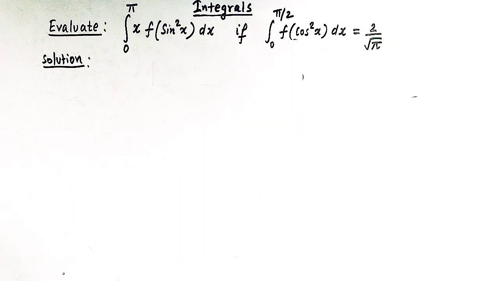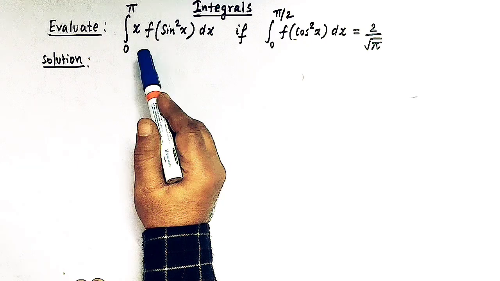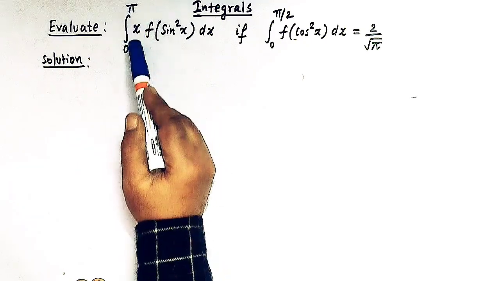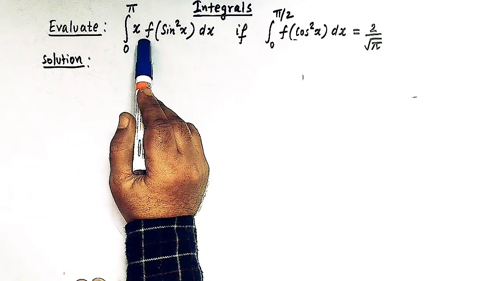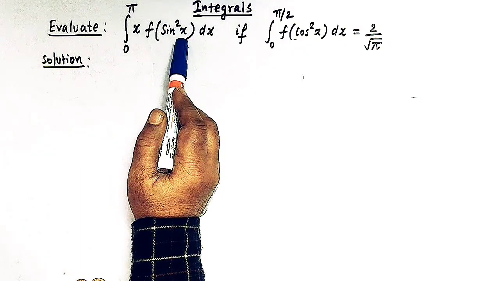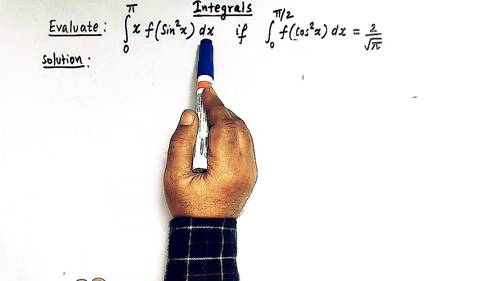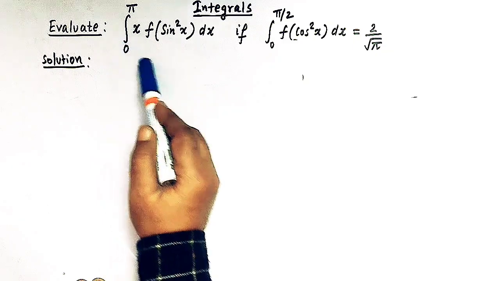Hello viewers, in today's session we are going to discuss another important and conceptual problem from definite integrals, and in this class we are going to discuss this important problem in which we are going to use some important properties of definite integrals. So here we have to evaluate this integral where we have 0 to pi and the integrand is x times f of sine square x, and here we have dx,